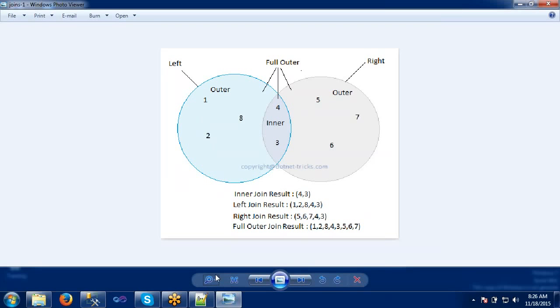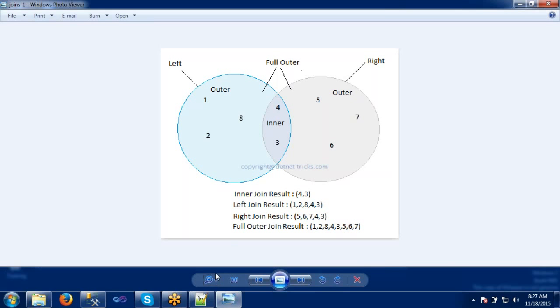If you apply an inner join, this will be the result. If you apply the left join, the results will be like this. He won't ask you more on top of this. Why? Because we are presenting one pictorial representation where it is very clear what the joins are. You have covered all the joins here: inner join, left join, right join, full join. All the joins are covered here.